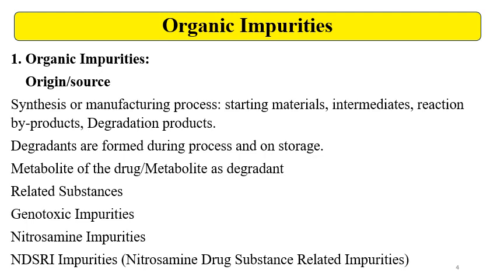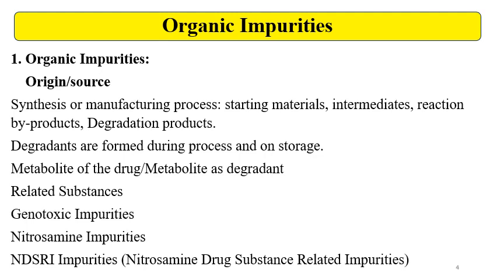Starting materials, then intermediates: if these are not purified or removed, then trace amounts of the intermediates will be there in the API. Reaction byproducts: sometimes in the organic synthesis of the API, reaction byproducts will be there, and also the degradation products. Degradants may be formed during the processing or during the storage period. Many times, the degradants are also the active metabolites of the API. So a metabolite of the drug is also a degradant impurity.